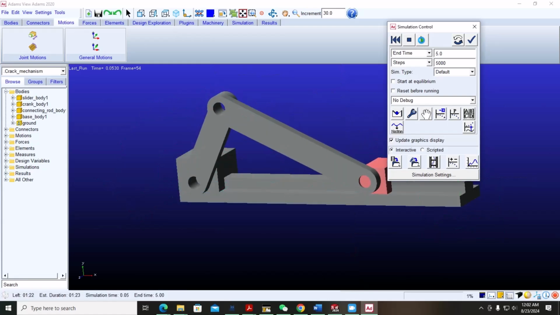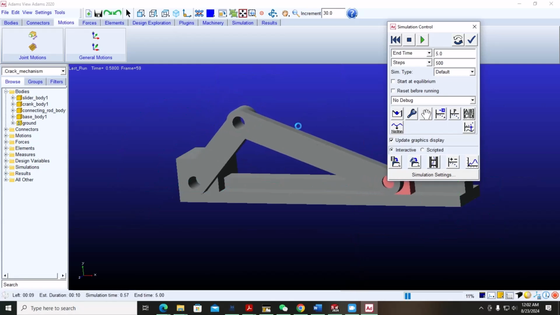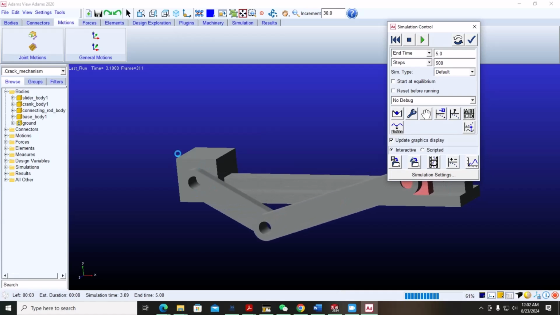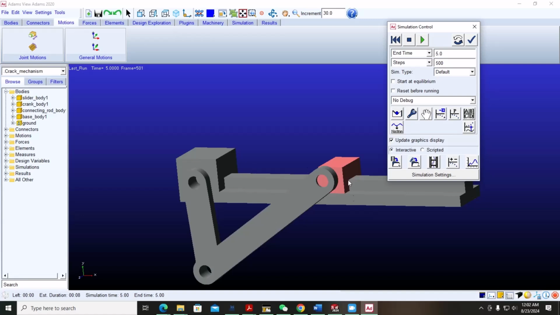So here you can see that it's moving. If we decrease the number of steps, then the animation speed will be higher. So here you can see that we have applied the motion at this point. So now you can see that it's moving. Okay, so